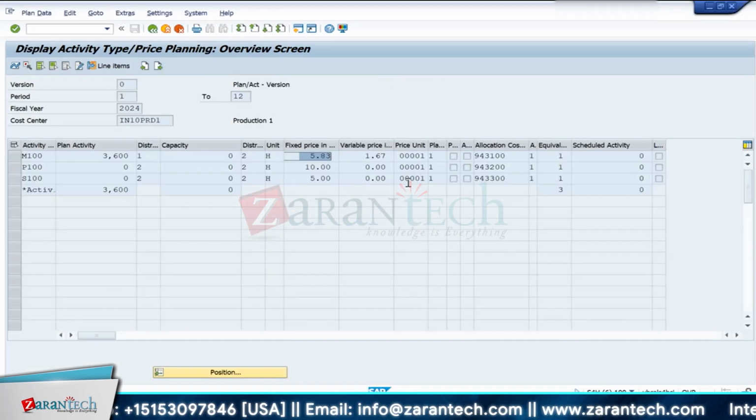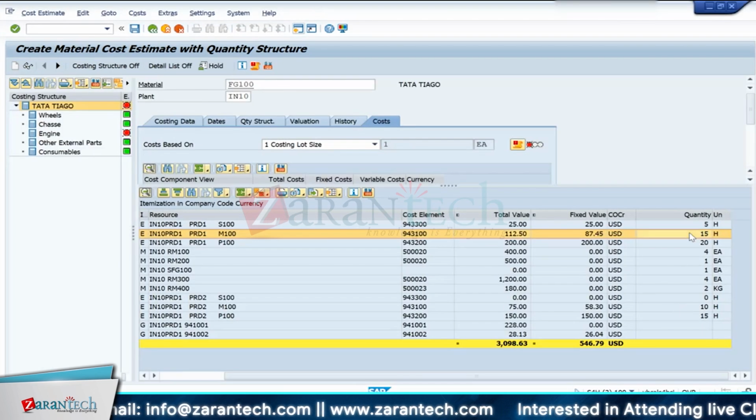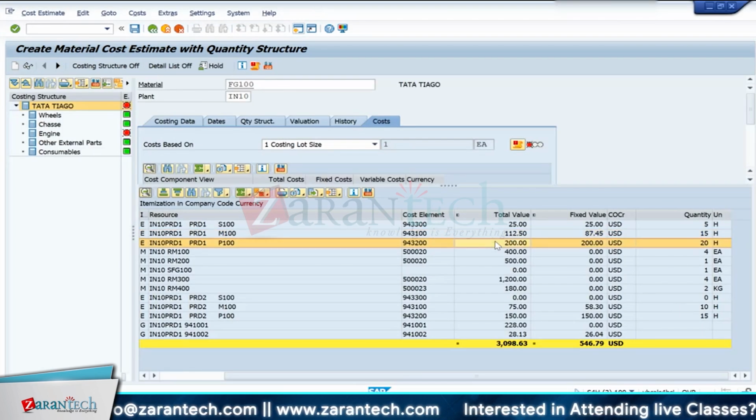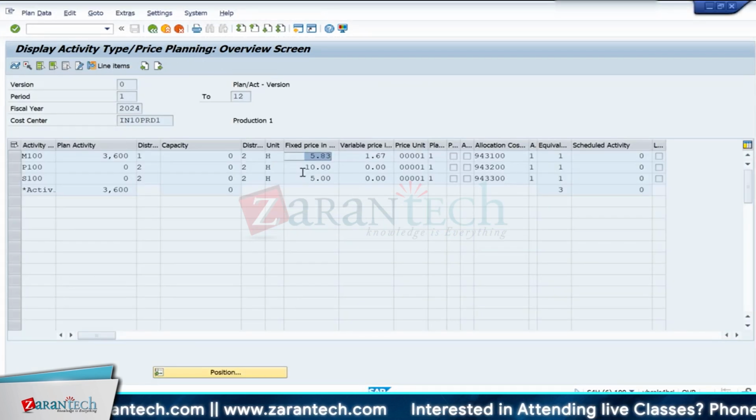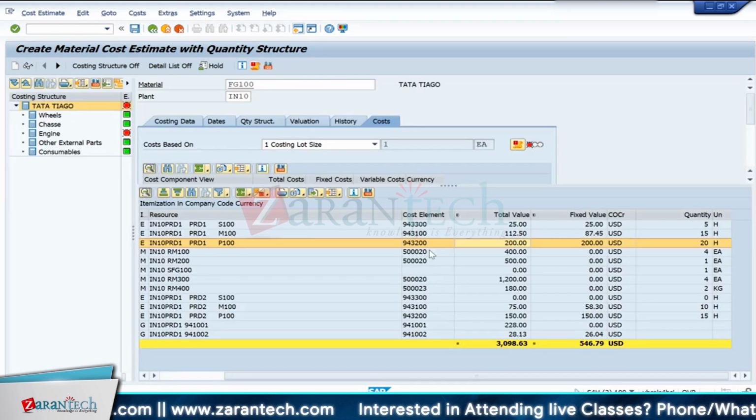Okay, that means these two together, like this is 5.83 plus 1.67 multiplied by 15 hours. Same thing, this is 10, right? So labor is 10, so 20 hours multiplied by 10, 200 euros. Okay, and then for raw material